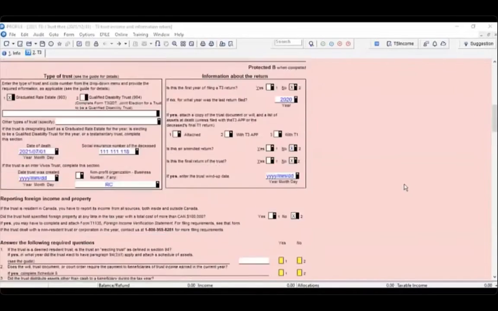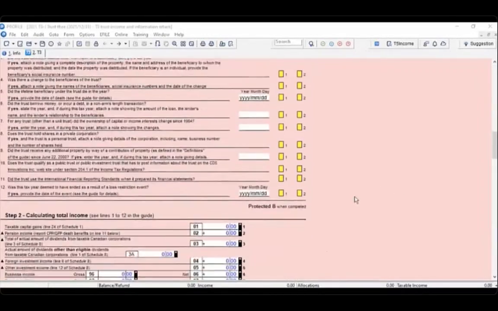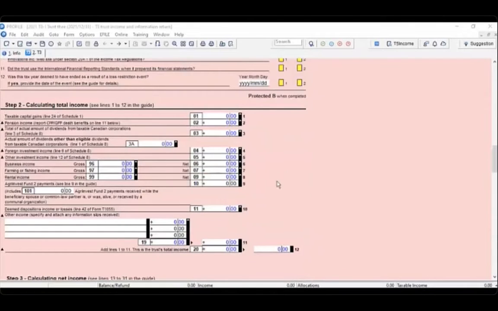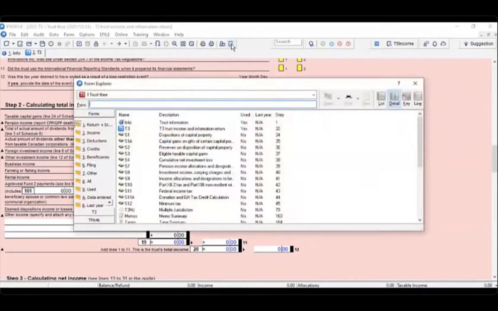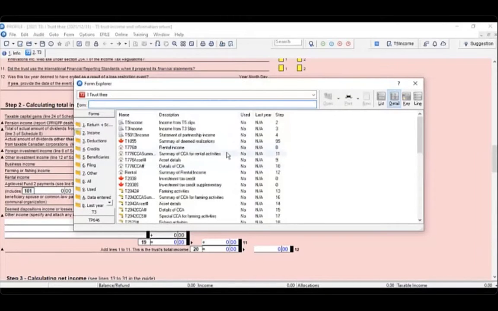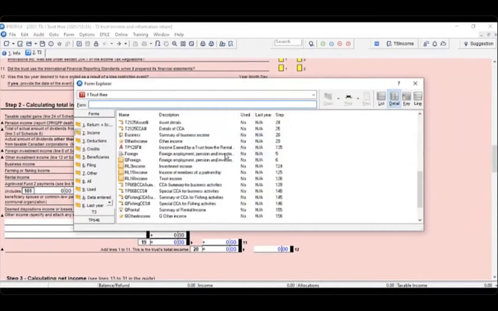Then you can scroll down and you can see that there are questions that you'll need to answer, and then you can complete your tax return. There are different forms that you can use in order to enter your income. So if you use the Form Explorer, either the button up here on the top or the F4 shortcut on your keyboard, and then click on Income here,